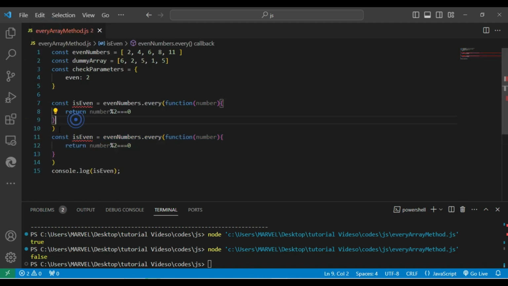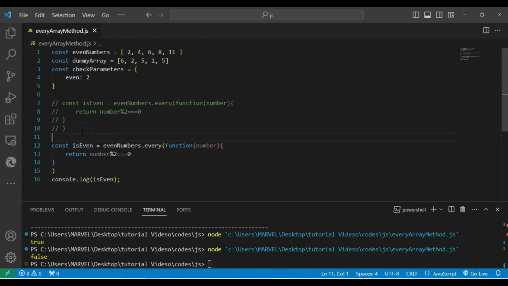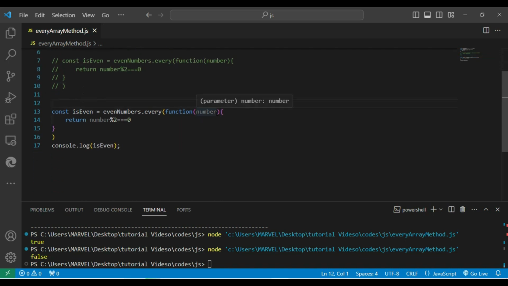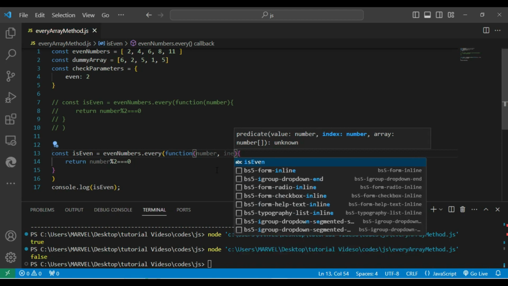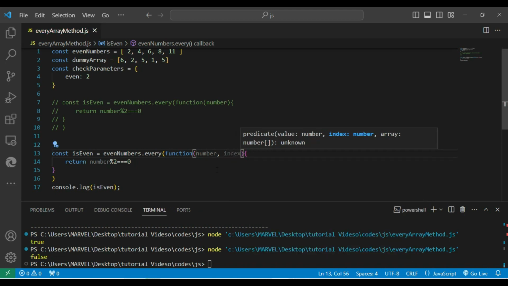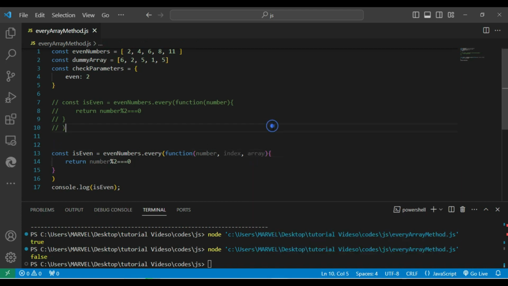Now I'm going to be commenting this one out. Okay, so now let's make use of this one. Apart from the elements in each iteration of the arrays, we can also have other variables. Other variables we can have in this callback are the index of the elements, then the array on which the every method is being called. That is, this array is simply the array on which the every method is being called, and then